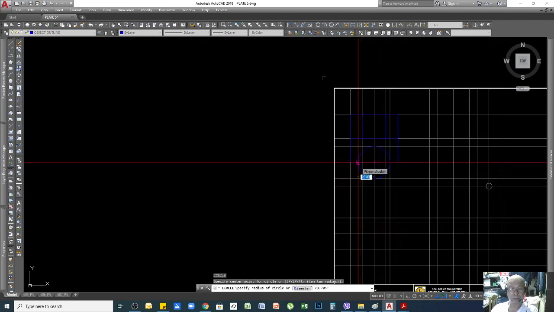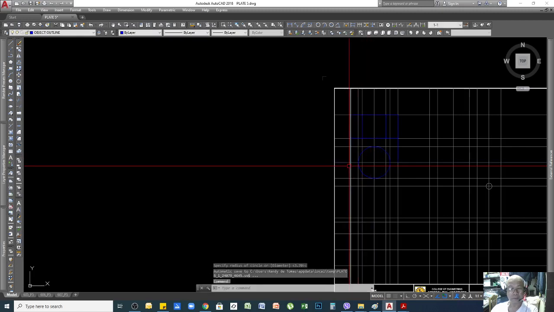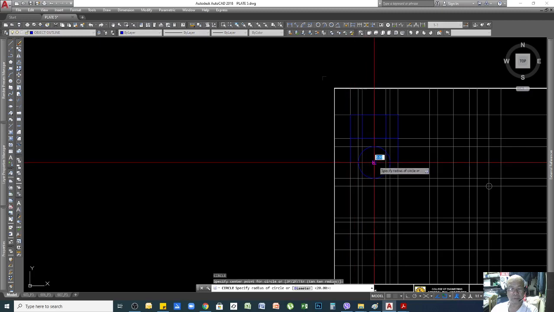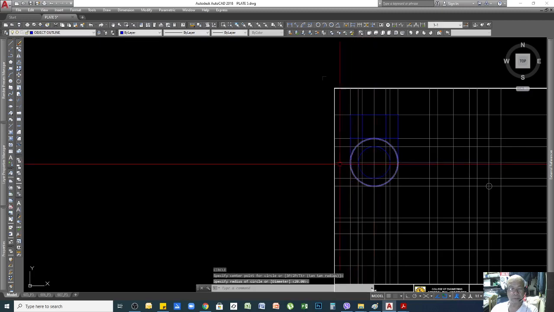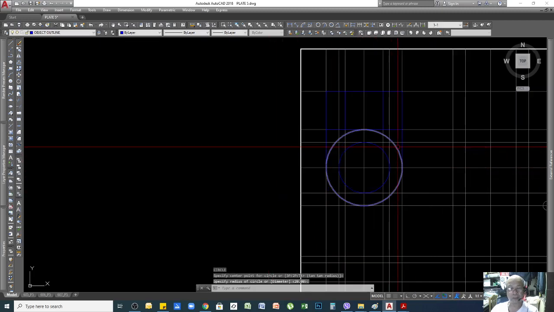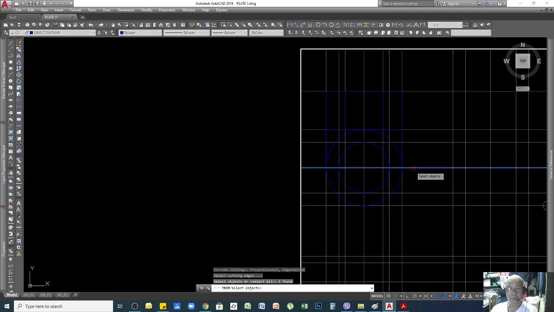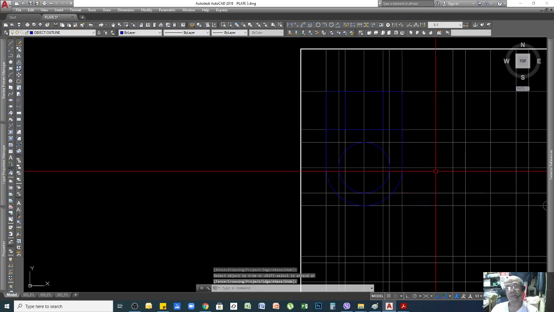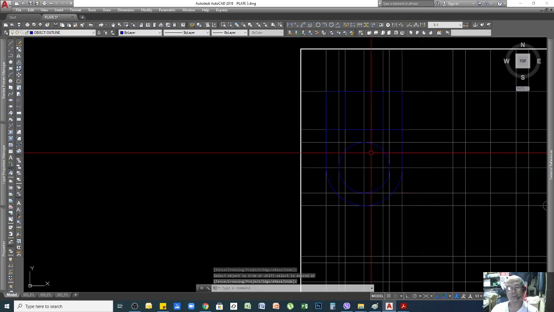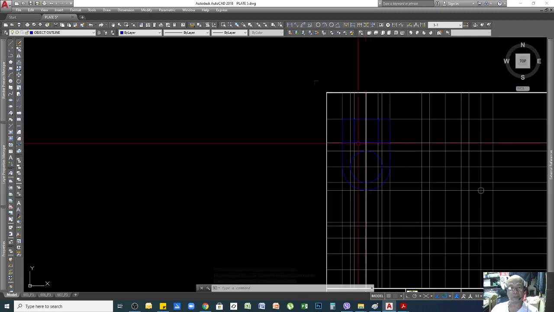See, the perpendicular distance is 20, so I can click my mouse. And another one, I can use circle again, and then there. So I don't need this half of this. I can use trim, and then click this one to cut, and then trim. So now you've completed your top view.